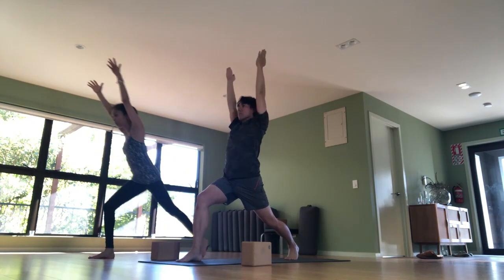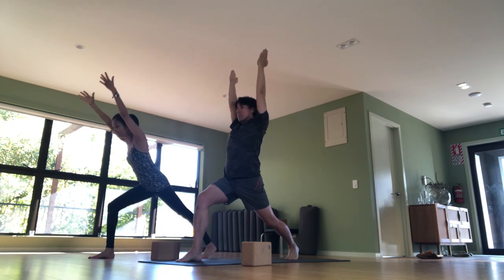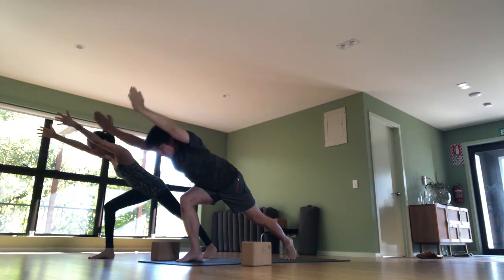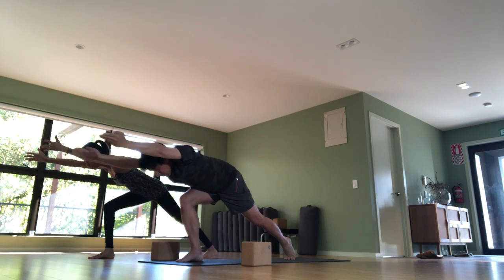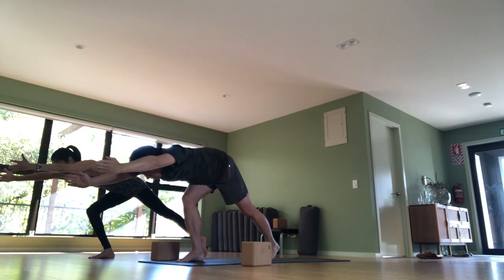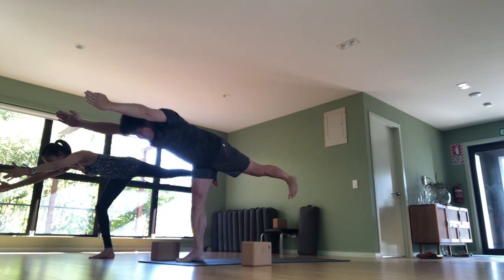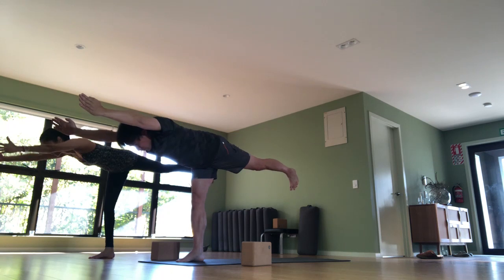Now you're going to keep your arms in line with your ears and the back leg really straight as you hinge far forward, belly in your thighs, hugging that right hip in. You're going to look a foot away from your mat. You're going to shift slightly forward. You're on the tiptoe of your left foot. You're going to use your hamstring to lift that left leg up, and then you straighten the right leg into